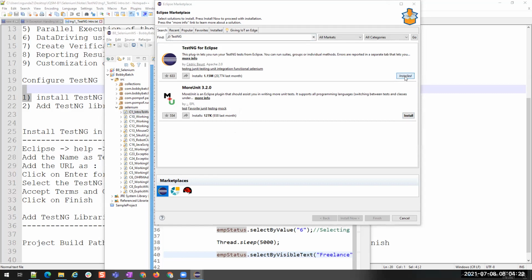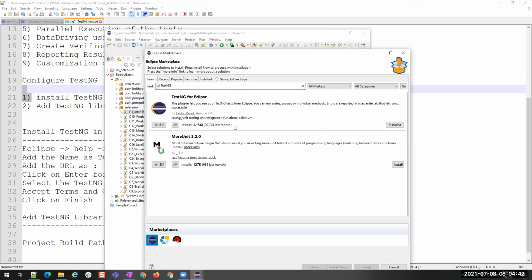So you just click on that install. So TestNG support for Eclipse will be installed. Understood? So this is one way of adding TestNG to your Eclipse.